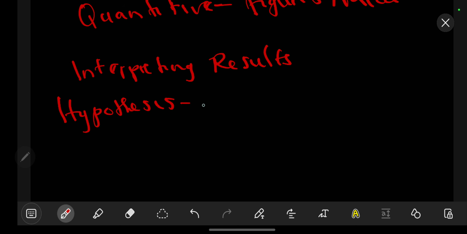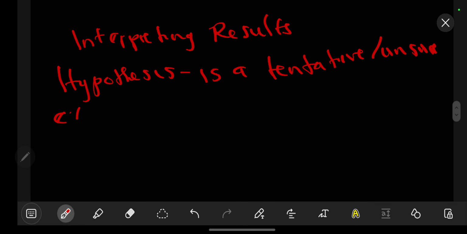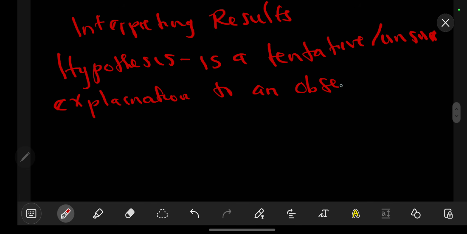So by definition, an hypothesis is a tentative. So the meaning of the word tentative simply means unsure explanation to an observation. So the unsure or the tentative explanation to an observation is called an hypothesis. So remember, an hypothesis is something that you come up with which you are not fully sure whether it is